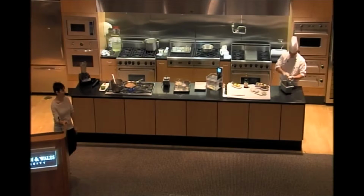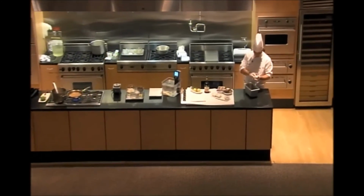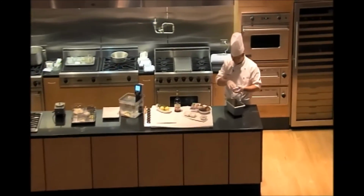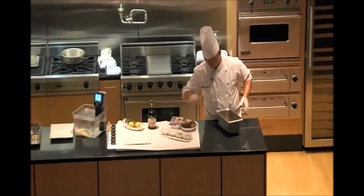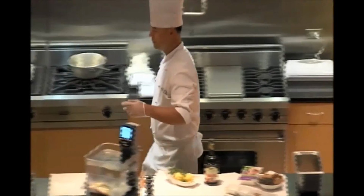So what I'm doing here is just showing you can either press it in the bottom like I'm doing, and then give your guest a little surprise when they dig into it, or you could just crumble it on top as kind of a garnish. But to get this going,